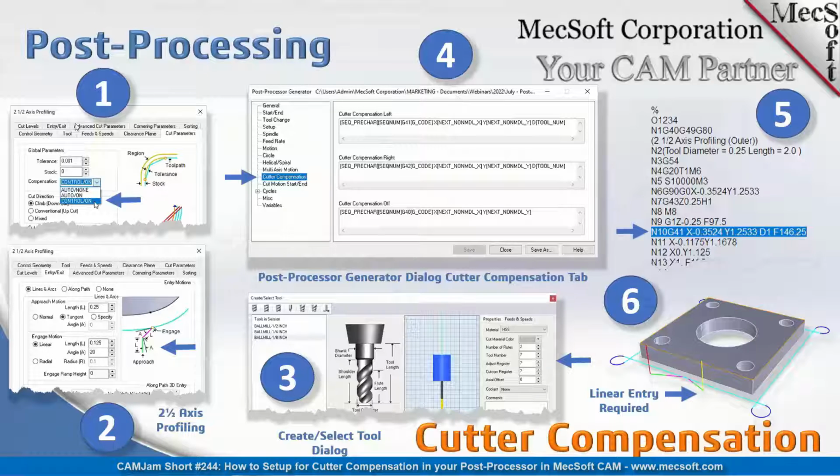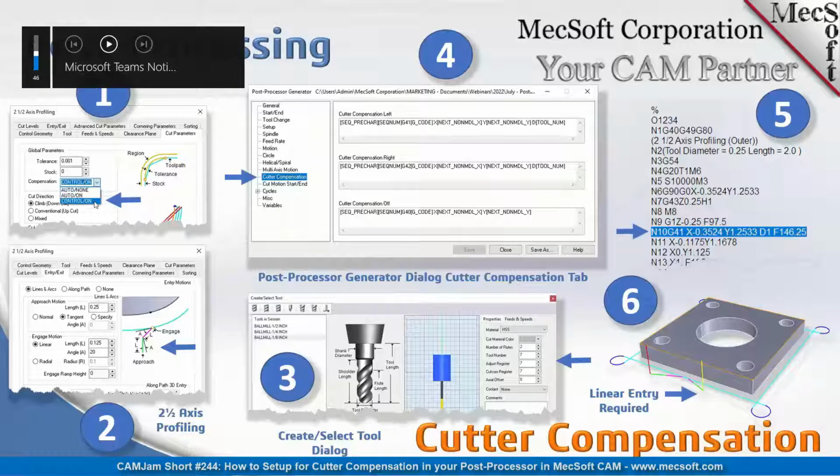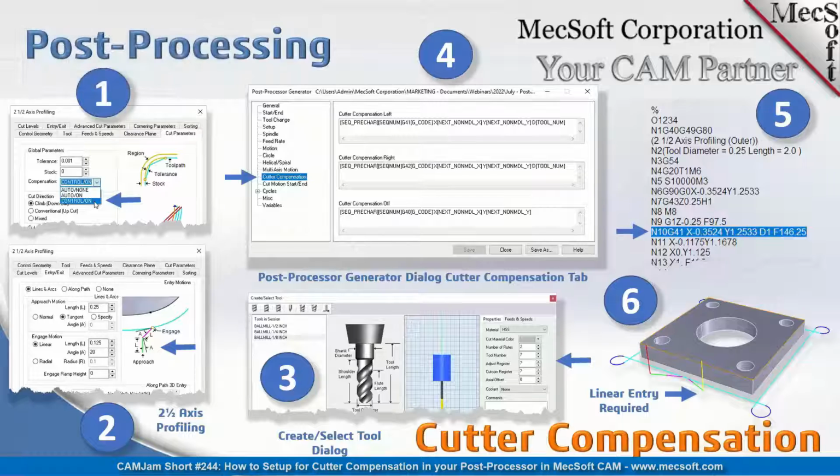These items are numbered, and we're going to look at that in the demo portion. We're going to show you how that's set up. We're going to start with number 1 over here on the top right. Typically, cutter compensation is used in 2-axis profiling operations. It can also be used in pocketing, but one thing to keep in mind,